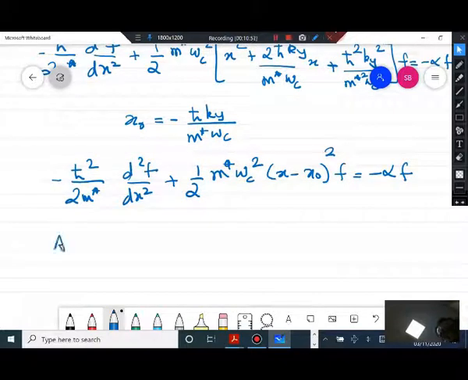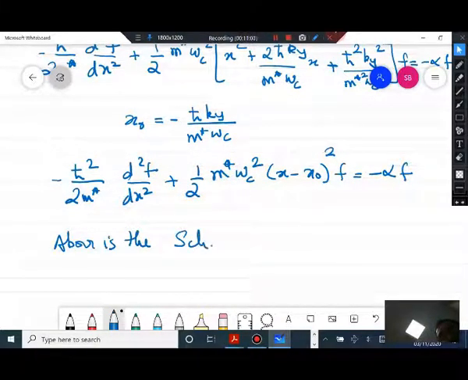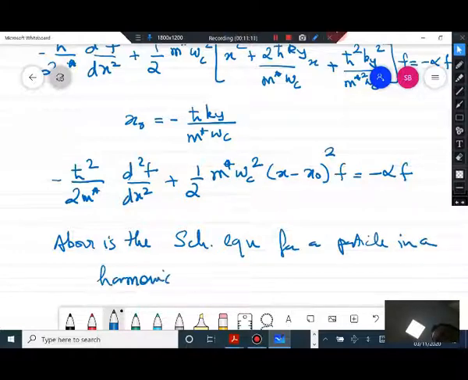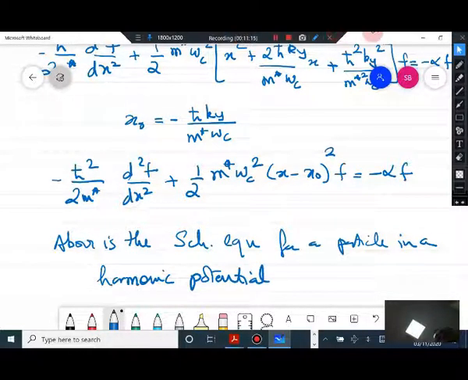This above is the Schrodinger's equation for a particle in a harmonic potential whose origin is shifted by